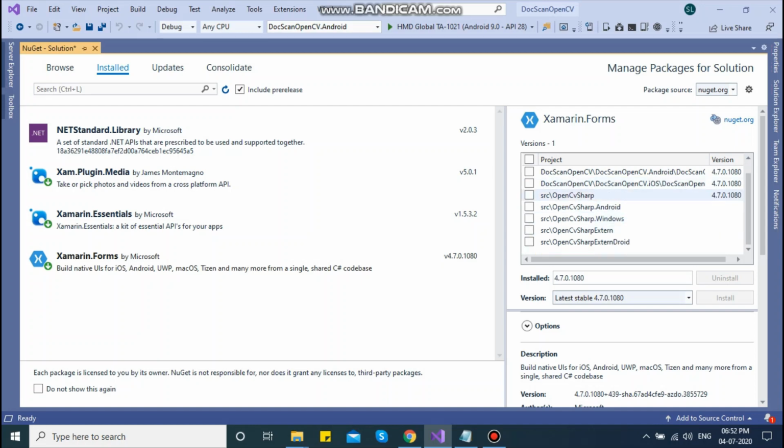So only 4 projects you need to install it in. After this I will tell you the next step. So these 4 projects need your Xamarin Forms NuGet package, else you uninstall it from other projects.